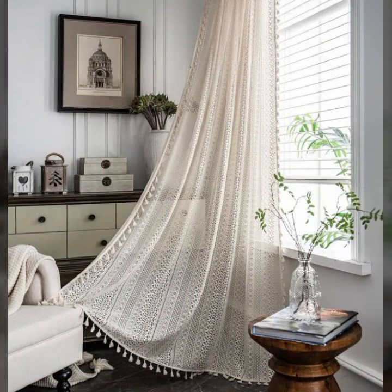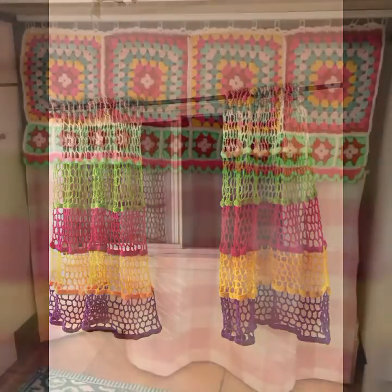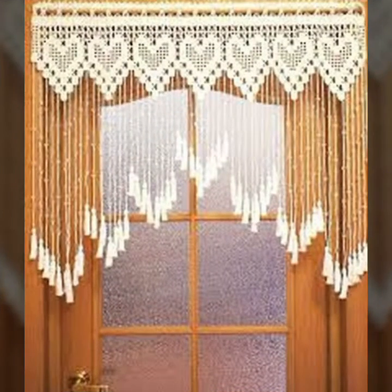You can make these very beautiful crochet cotton designs. If you know crochet work, you can easily make these very beautiful crochet cottons with matchings. Beautiful and stylish crochet cotton